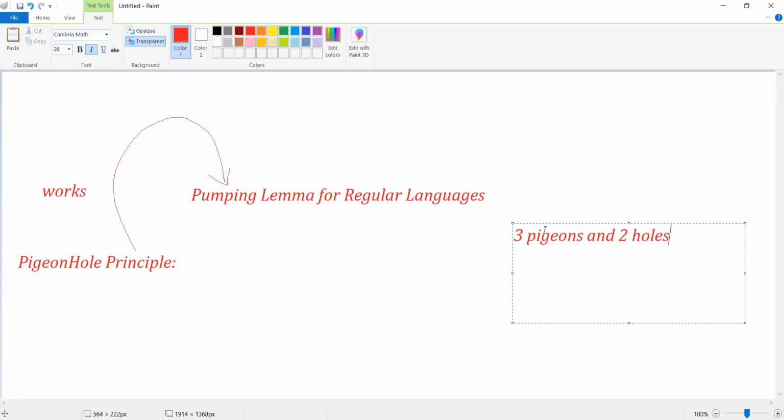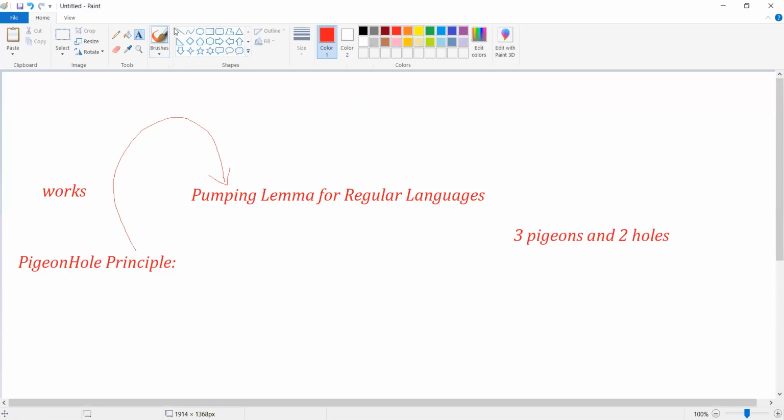The problem statement is like this: we will be having the pigeons and we will be having the holes. What we should do is place or accommodate each and every pigeon in a hole. For example, let us observe that we have two holes like this, and two pigeons, pigeon 1 and pigeon 2.